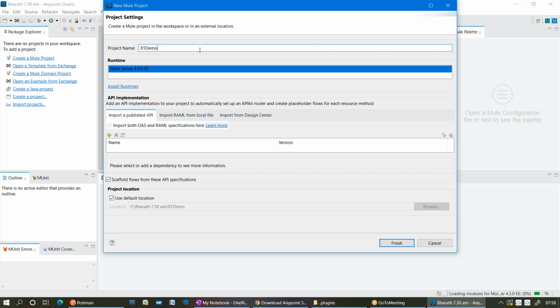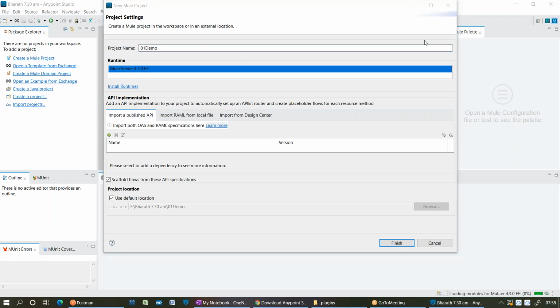Yes. The current version is Mule 4.3 only. That's why it is. Whenever they release an Anypoint Studio, the latest version of the server at that point of time will be given as a plugin to your Anypoint Studio. Right now 4.3 is given as a plugin, an embedded runtime, in your Anypoint Studio, right? So if you want some other runtimes, the older versions, then